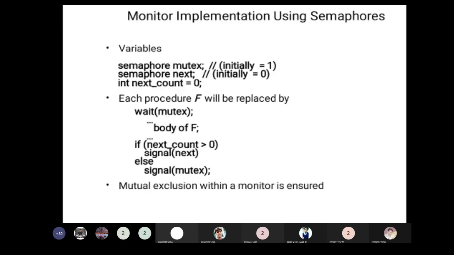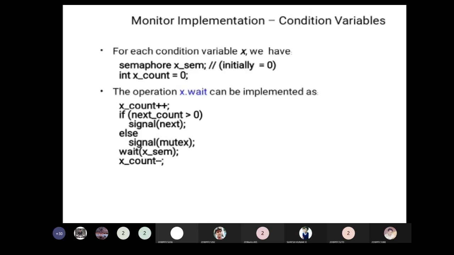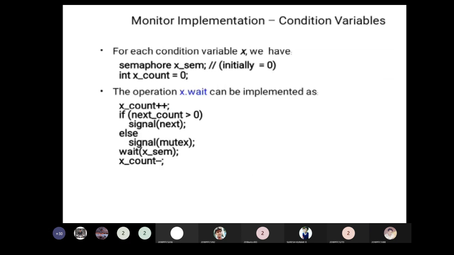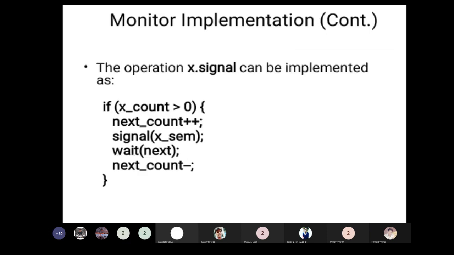So monitors can also be implemented using semaphores. The previous one used semaphore mutex; this one uses condition variables. The monitor implementation is shown here, with x dot signal and x dot wait.